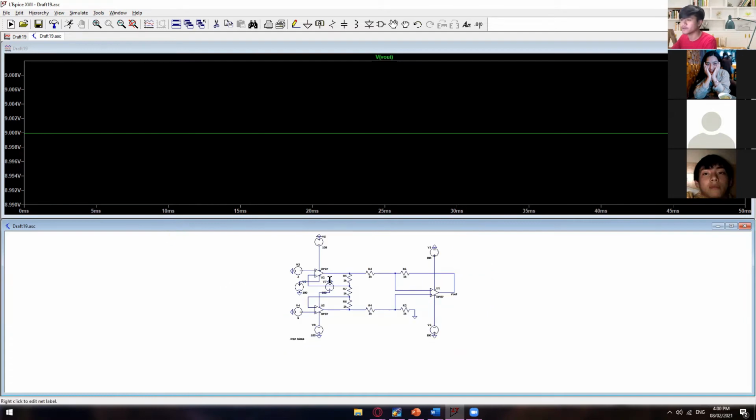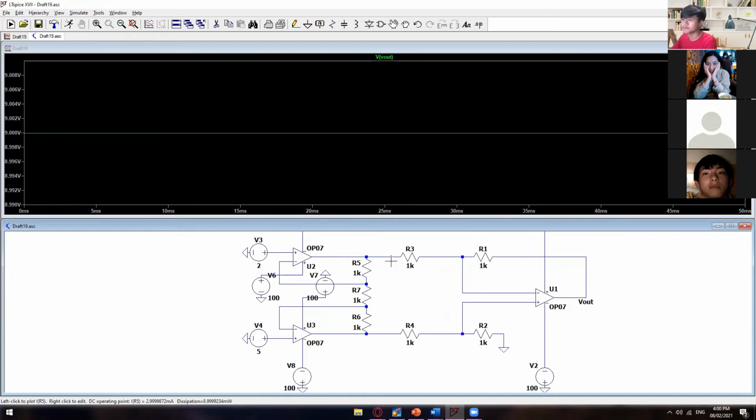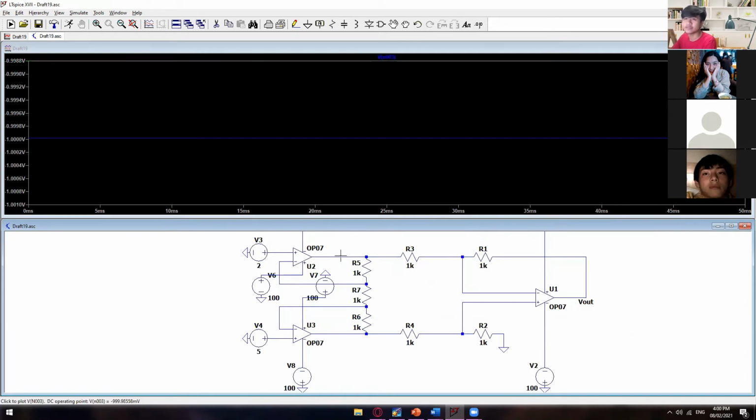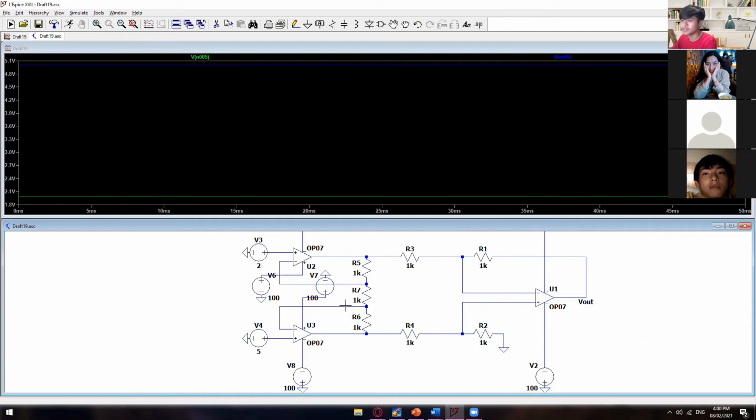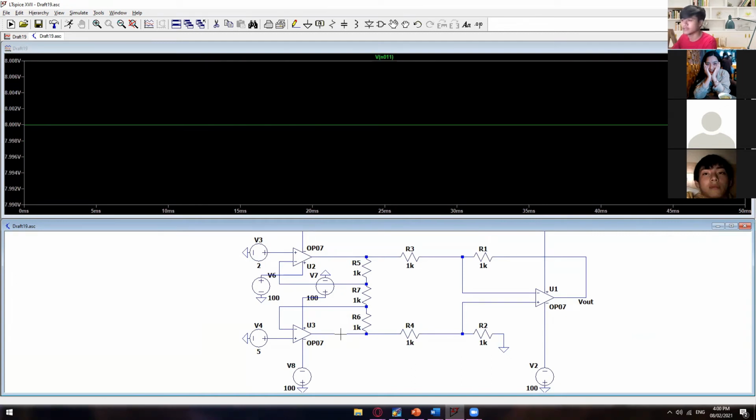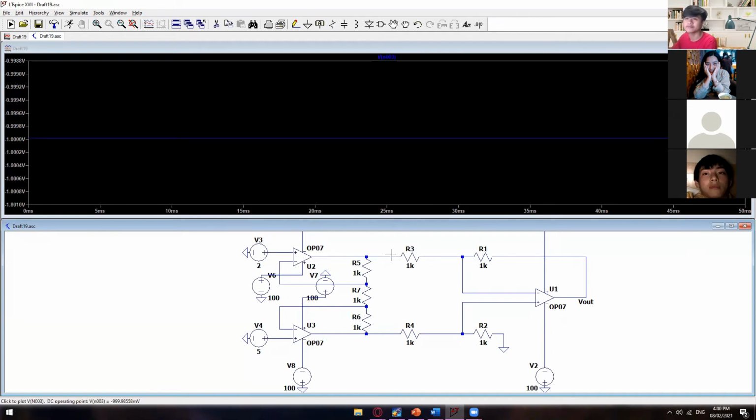Okay, so if you're going to do this one step by step, here you can see that this one became negative 1 volt now, and then this one is still 2 volts, and then this one is still 5 volts, and then this one will become 8 volts. And then as you can see right here, it will pass through this resistor, R5 and then R3. So your 2 volts will become negative 1 volt. So why is that? Because this one is working like a voltage divider